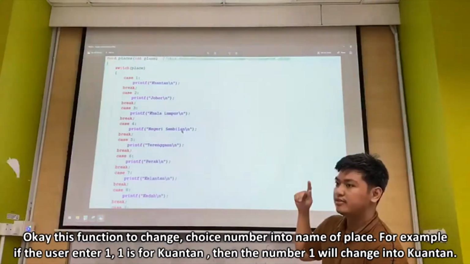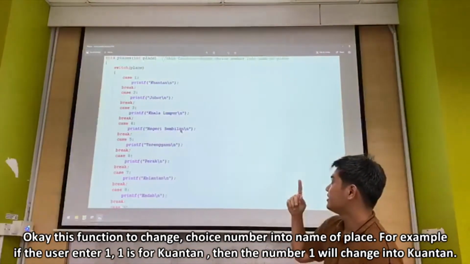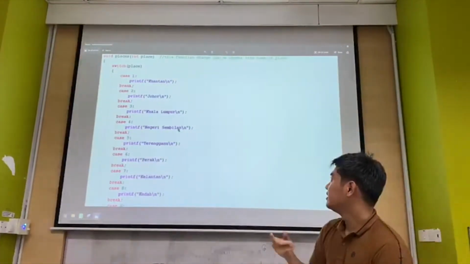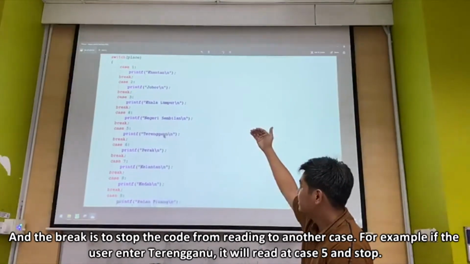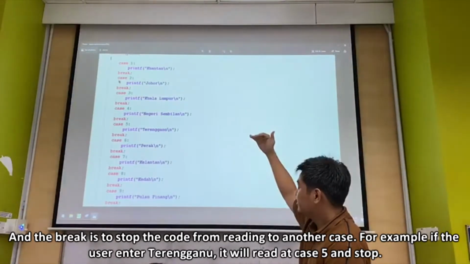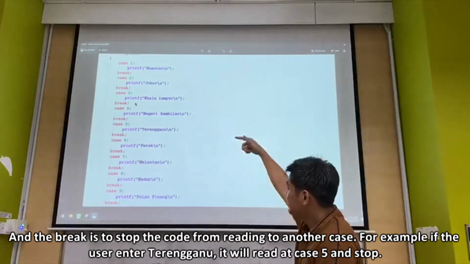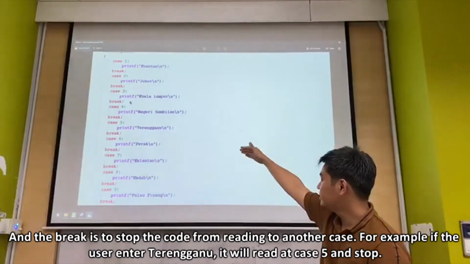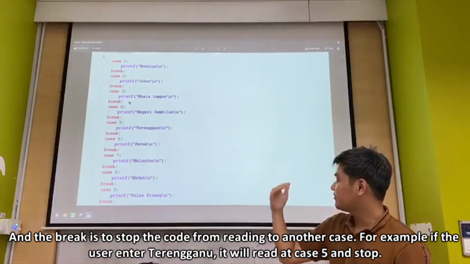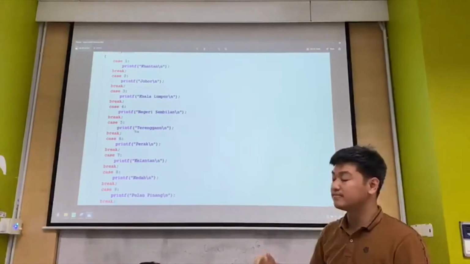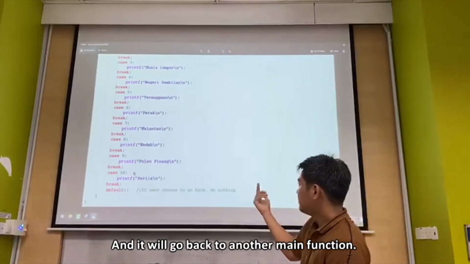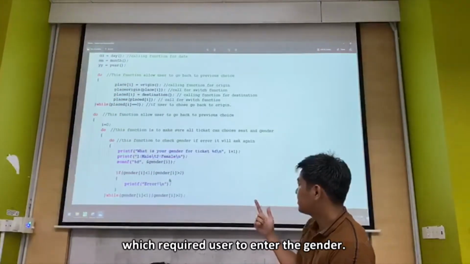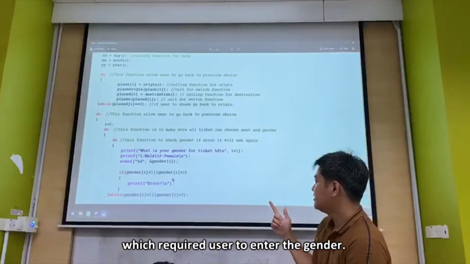For example, if the user enters 1 for Kuantan, then the number 1 will change into Kuantan, and the break is to stop the code from reading into another case. For example, if the user enters Terengganu, it will read at case 5 and stop, and it will go back to the main function,